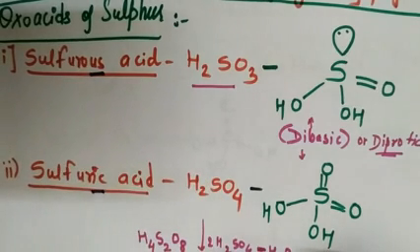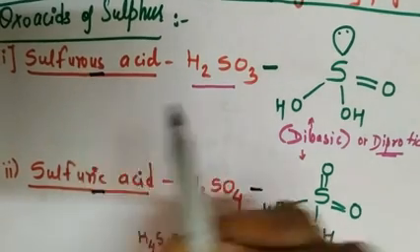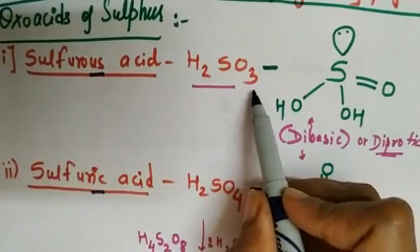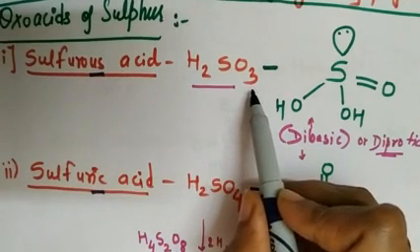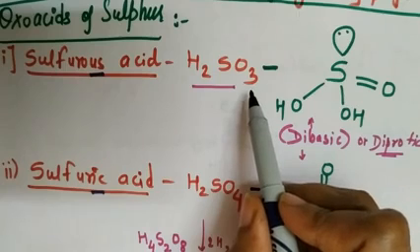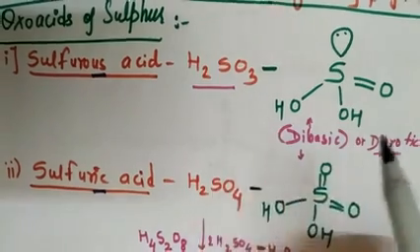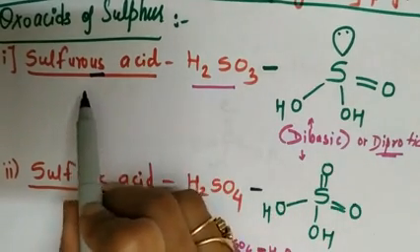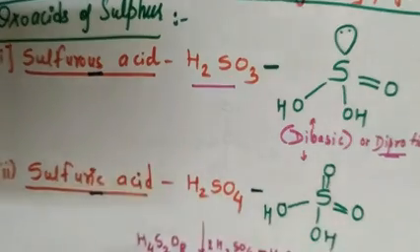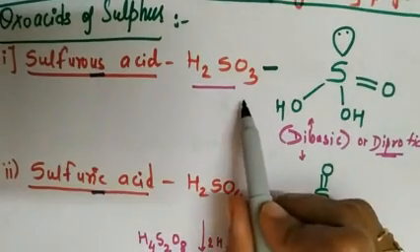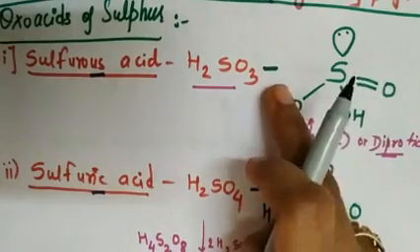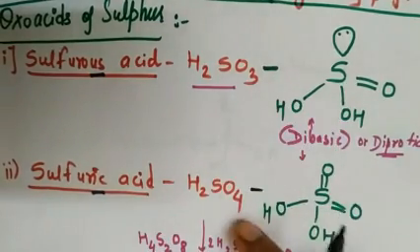In our previous lectures, I had made it clear that if the suffix is IC, a higher oxidation state will be there, meaning SO4, and in OUS it will be O3, meaning a lower oxidation state compound. I had given the example of copper, like cuprous and cupric, right? Similar here also, sulfurous acid and sulfuric acid. SO3 for sulfurous means one oxygen is less, and IC, H2SO4, has one oxygen more.